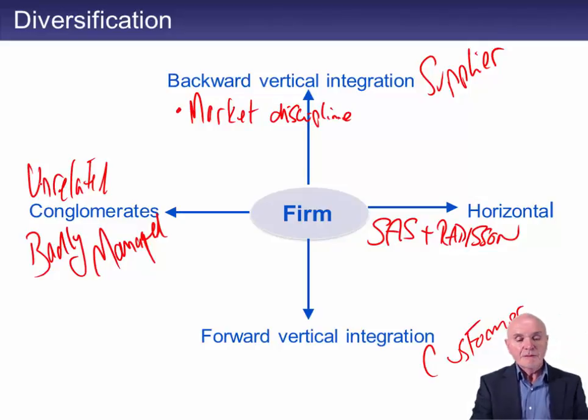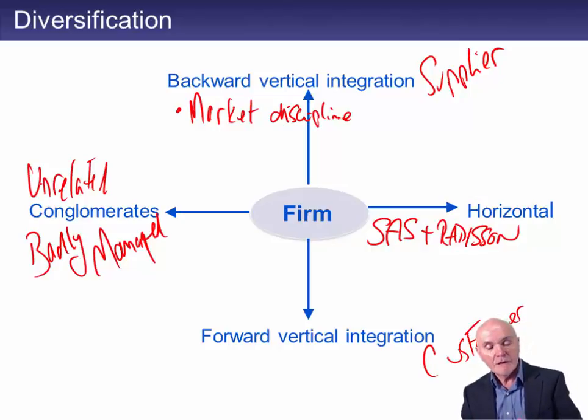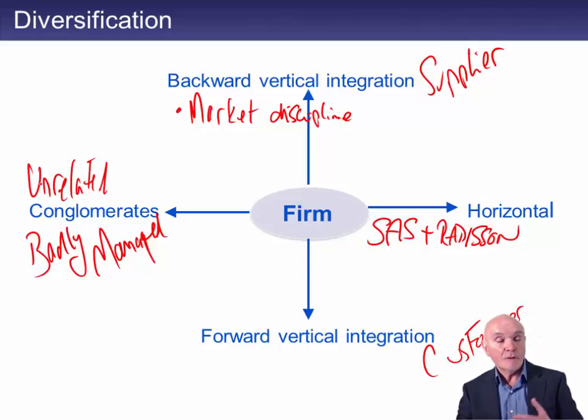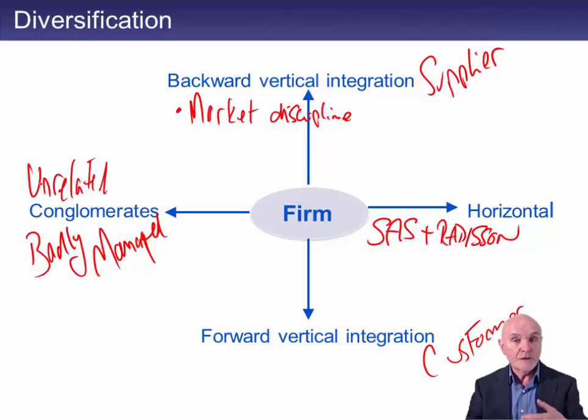What I mean by market discipline is if you're the supplier and you're having to compete with other suppliers every time an order comes up to sell to somebody, you're going to be on your toes. You're going to be anxious to keep costs down, to win the contract. You're going to be anxious to keep your quality up. You're going to be innovative and so on. But if you're taken over by your customer, then everything relaxes. You know the customer's going to buy from you, almost buy any old rubbish from you. You don't have to try so hard. Perhaps better, rather than taking over your supplier, is to have 4 suppliers and each time pick from the one which is offering the best combination of quality and price.